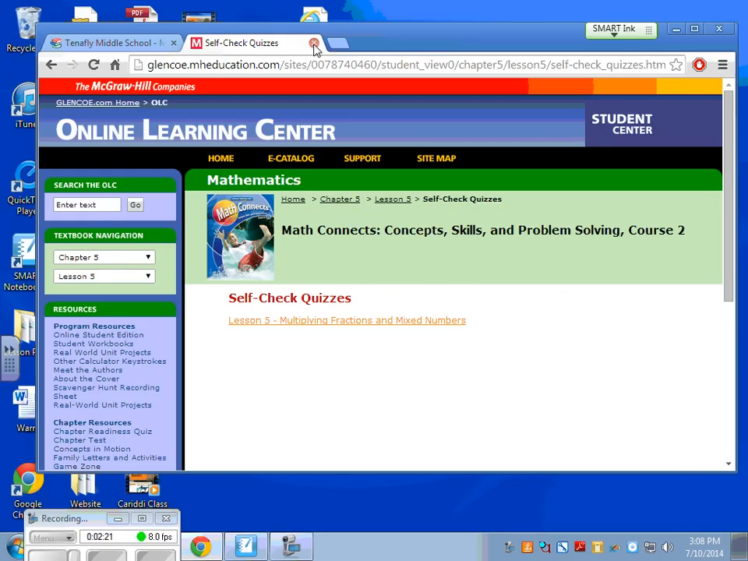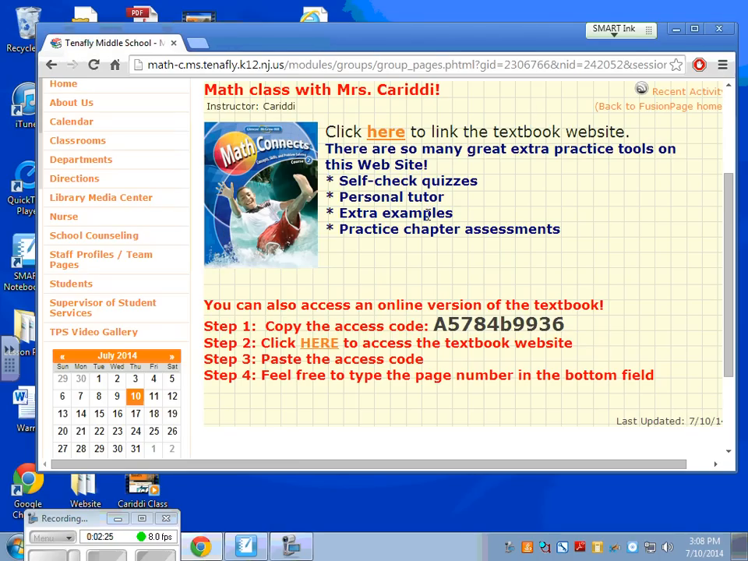If we go back, this is at our class website. Perhaps you don't have your textbook at home and you're not in the school, so you can't borrow one from my classroom. Maybe you're at grandma's or the babysitter's or some other place that doesn't have the textbook, but you need the textbook to do your homework. There is an online version of your textbook and it has everything your textbook has. All you have to do is copy the code here,